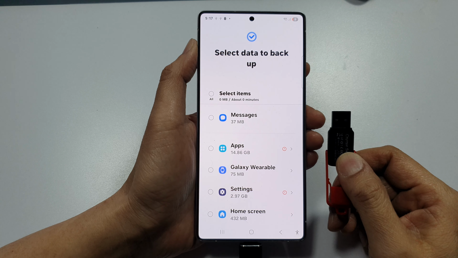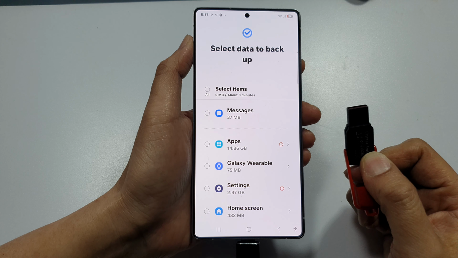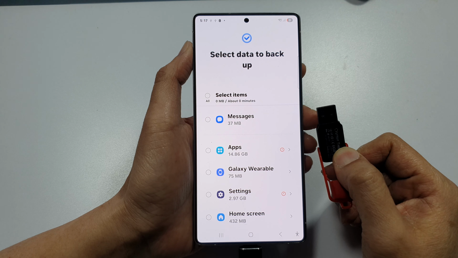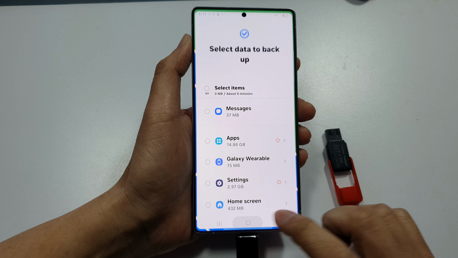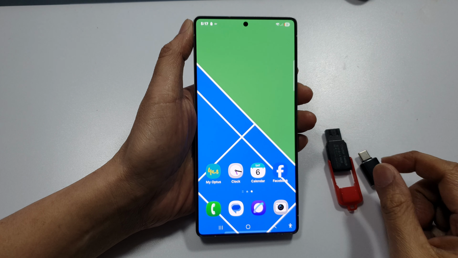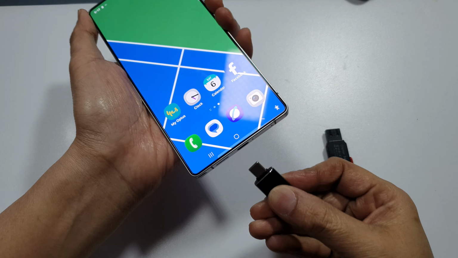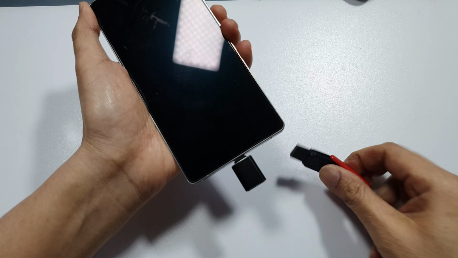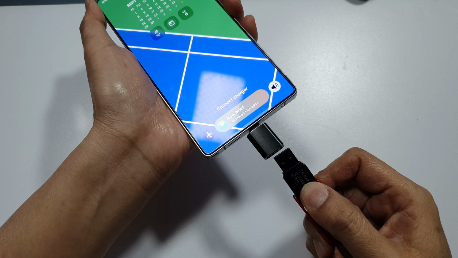How to back up apps to the external USB drive. First, tap on the home button to return back to the home screen. Then on the home screen, we're going to use this adapter, plug into the phone, and then we plug in the USB drive